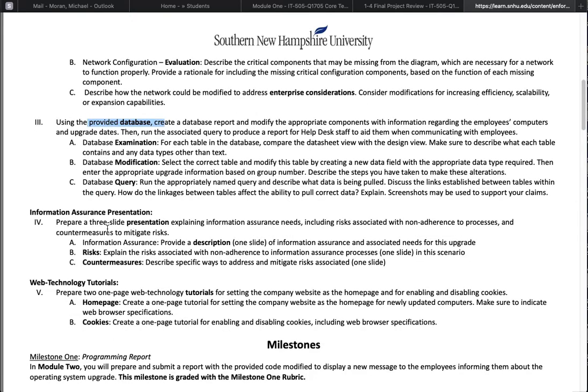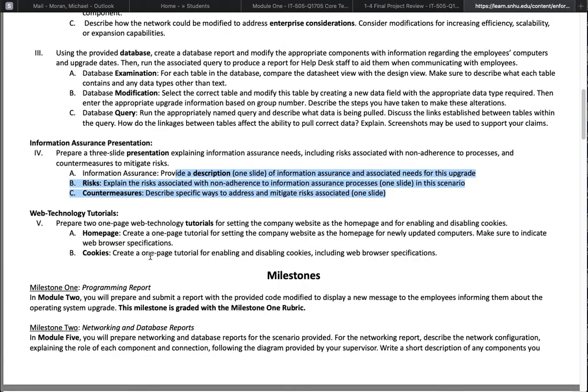Okay. So then you're going to create a 3-slide presentation using PowerPoint, describing some information assurance topics, and that's all discussed here. We'll get into that later during the week on information security. And then finally, for this project, you will create 2 simple 1-page tutorials. They could be in Word or PDF or PowerPoint, whatever you feel comfortable with,